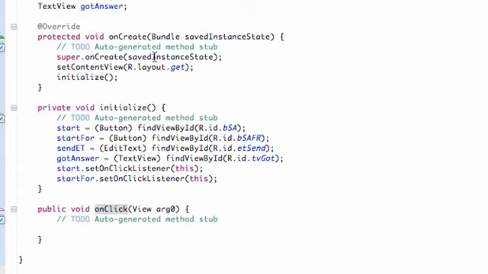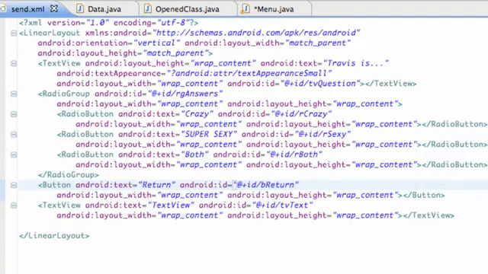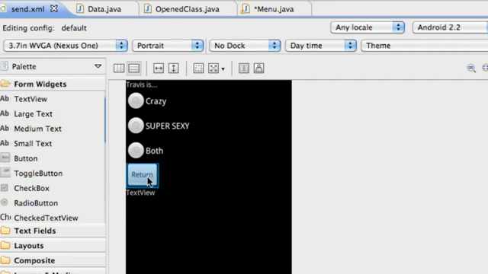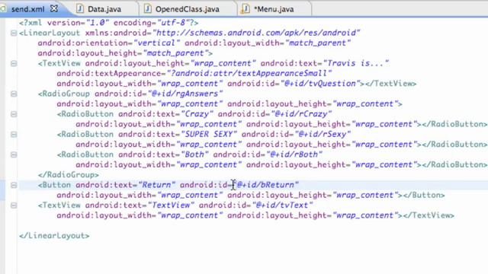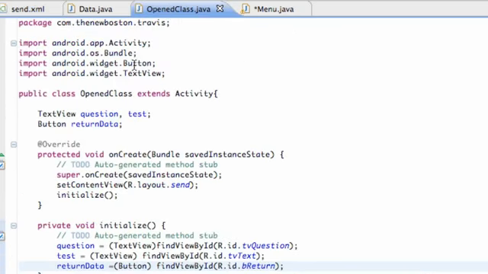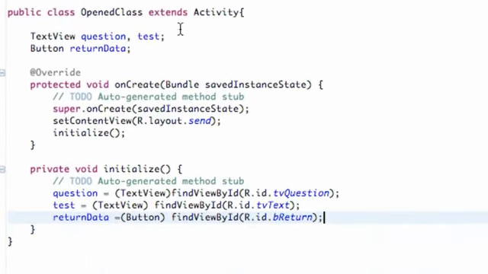But also the other thing I wanted you guys to change real quick is our send XML. I forgot I wanted to add one button here. So just drag and drop a button in there. Let the text be return, and then the ID is button return right there. Nothing too new. You guys can again set that up however, but I just wanted to show you how I set this up. And then I go into our open class, and again this is how I set it up. I had the two text view references, question and test, the button reference, return data, had the layout set to send, set up an initialize method again where I added those references,